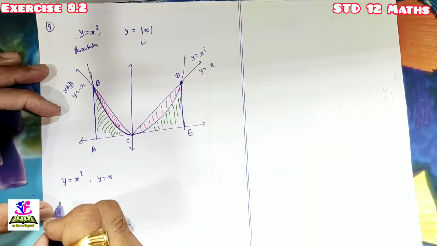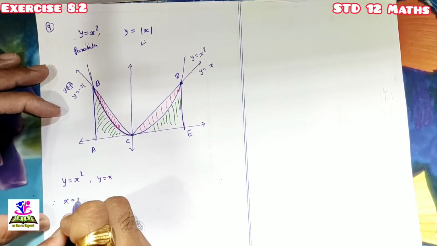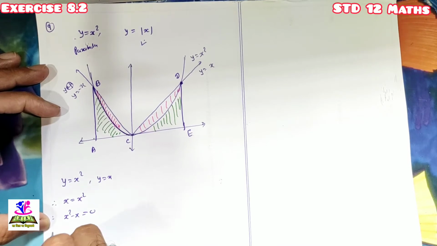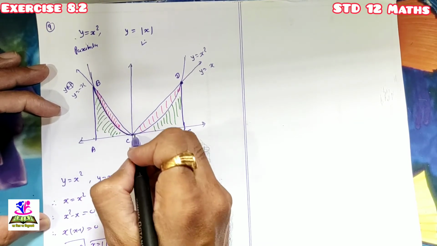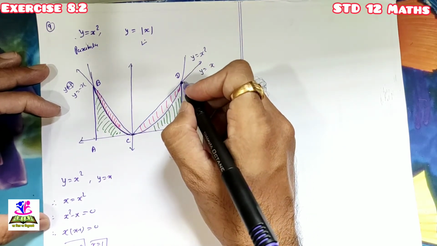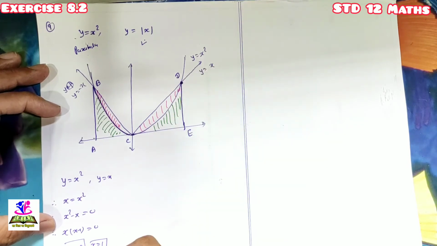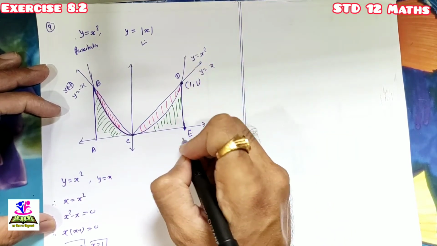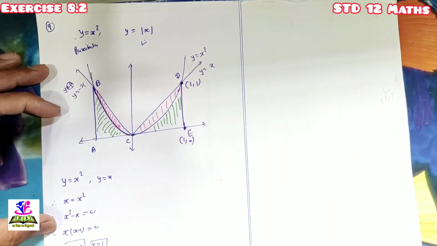So put y equal to x, so therefore we are getting x equal to x square, and therefore we are getting x square minus x equal to 0, and therefore we are getting x into x minus 1 equal to 0. So two values of x are there, x equal to 0 and x equal to 1. x equal to 0 तो यहाँ पर होगी, तो ये जो पॉइंट होगा वो x equal to 1 वाला ही होगा. तो if you are taking x equal to 1, so what is y? For x equal to 1, y is also 1. So coordinates of this point D are (1, 1), and this one is (1, 0).